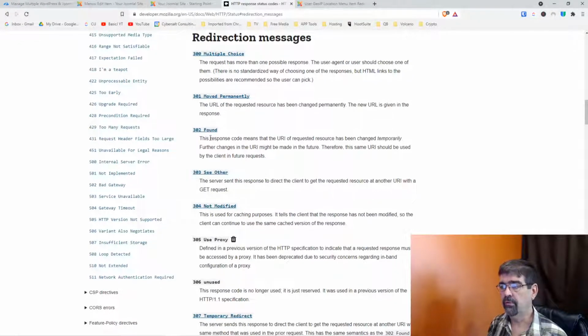302, this response code means that the URI of the requested source is being changed temporarily. Further changes in the URI might be made in the future. Therefore, this same URI should be used by the client in future requests. Now, by the client is really